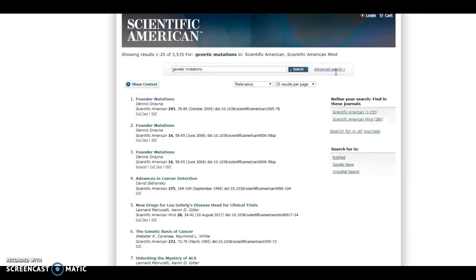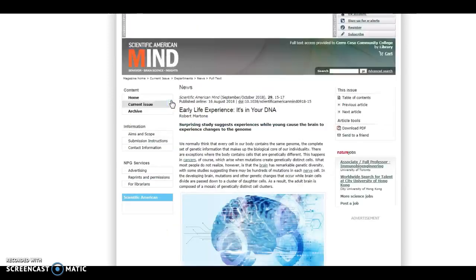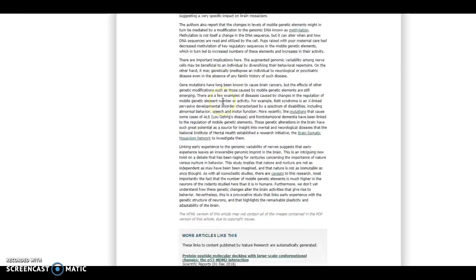You type that in here and you can open up the full text or the PDF here. One thing to note about Scientific American, it only includes content from 1993 to the current year. So I always use the most recent option so I don't click on anything prior to 1993 and get my feelings hurt. So you should be able to open any of these and read an article.